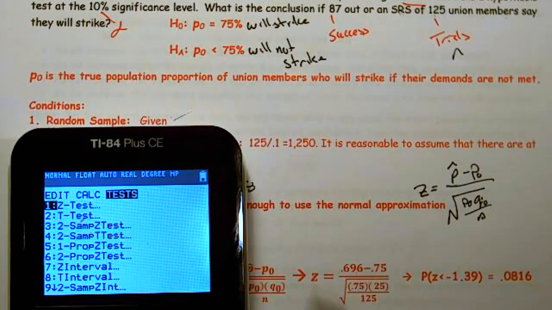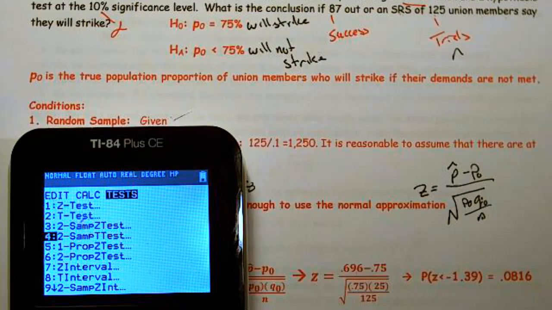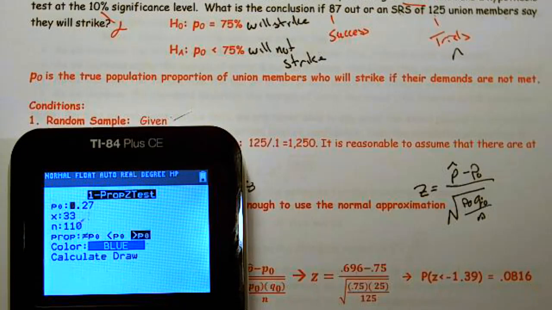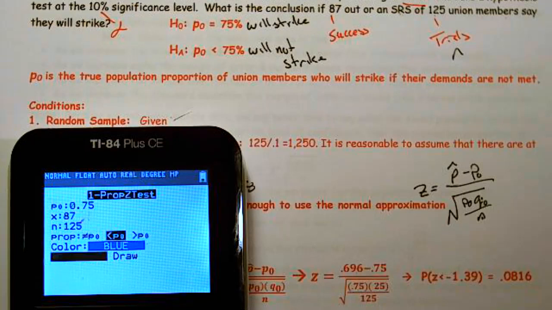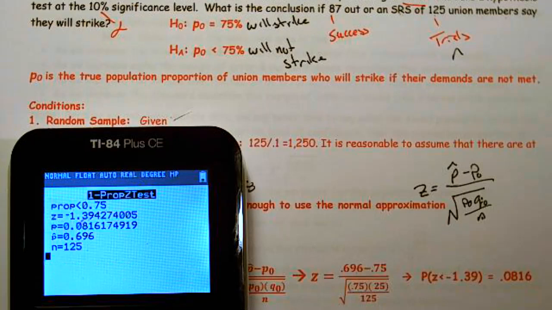Stat test, 1 proportion Z test. P naught is 0.75. X has to be a whole number. In this case, it's easy. They told us it was 87. Our sample is 125. And our alternative was a less than. Press calculate. And we end up getting z equals negative 1.39,